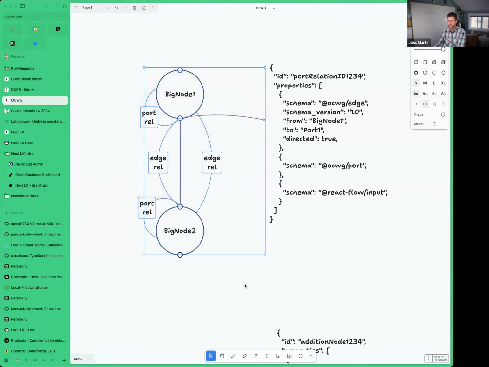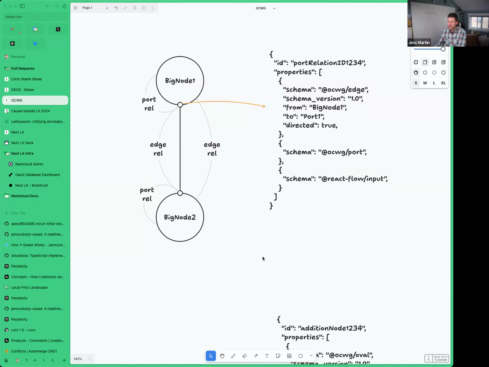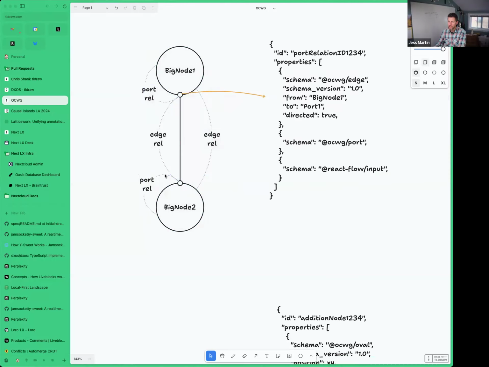Yeah, that feels a lot better than this, where we would have like 4 relations just to model a simple 2 shapes with 2 ports each. Yeah. And tracking down all these relations would be